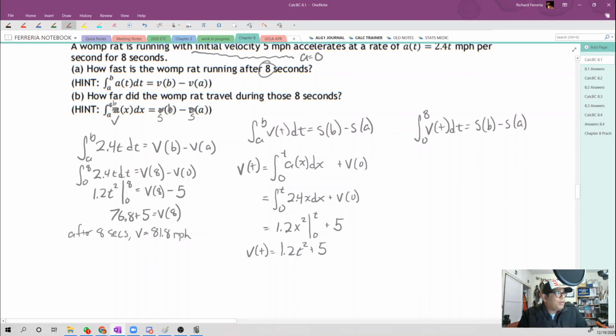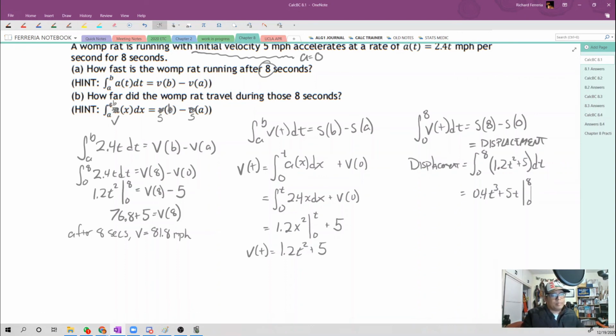Moving forward to the velocity equation, we've got the integral from 0 to 8 of the velocity equation is equal to the position at 8 minus the position at 0, which seems like we have a little bit of a problem because we don't know the position at 8, nor do we know the position at 0. But the key is that this is equal to the displacement, and that's all we really want to know. We don't need to know position, we just need to know displacement, because that's how far the womp rat's going to travel in those 8 seconds. So we just need to integrate our velocity curve from 0 to 8. So we're going to integrate our velocity equation, substitute that in, find our antiderivative, substitute into our antiderivative,